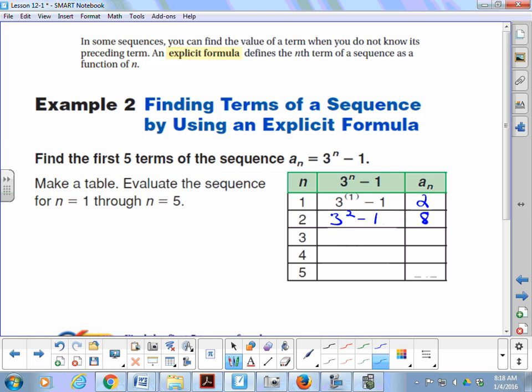Then 3 to the third power minus 1. And 3 to the fourth power minus 1. And 3 to the fifth power minus 1. So we're using the term number